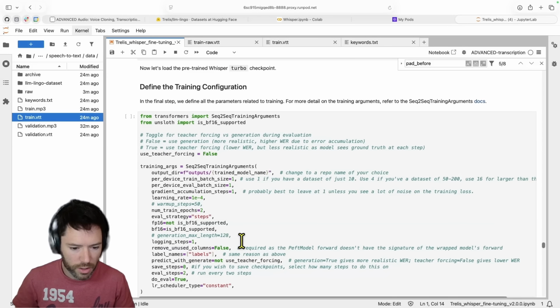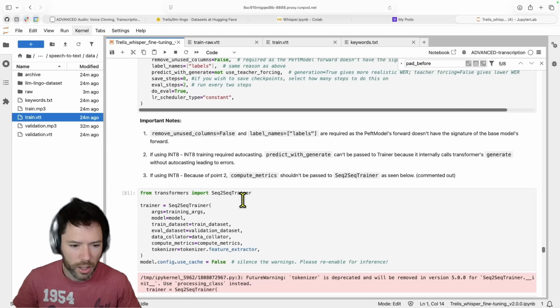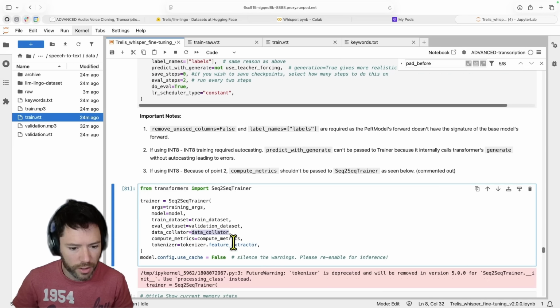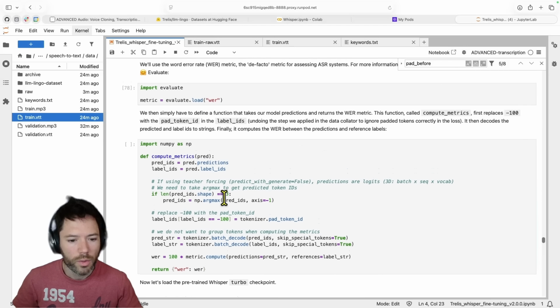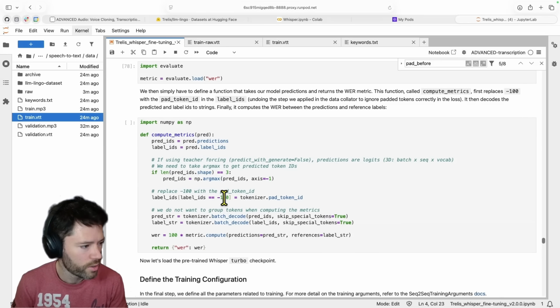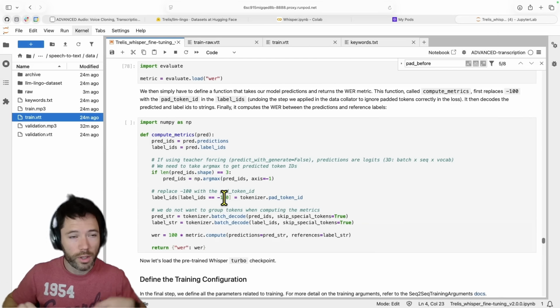You can see the data collator should get, where does it get passed in? These are the arguments. The arguments get passed into the trainer. Here's the data collator, and the arguments are getting passed in here. We're going to compute a loss, which is the word error rate. There are 2 ways to compute this. One is literally for